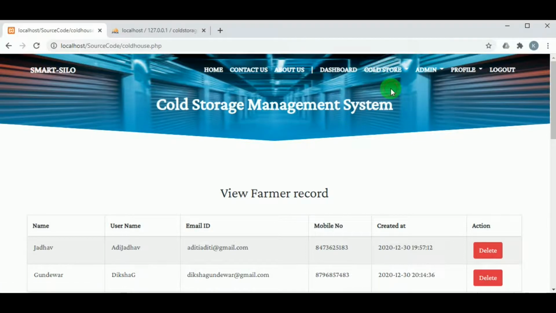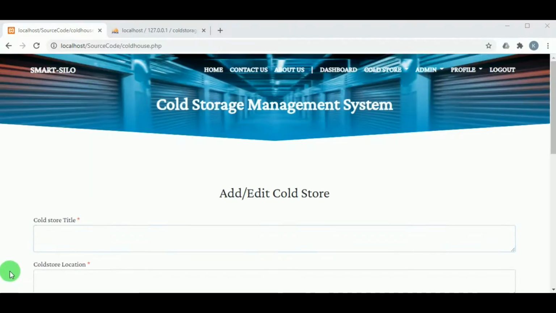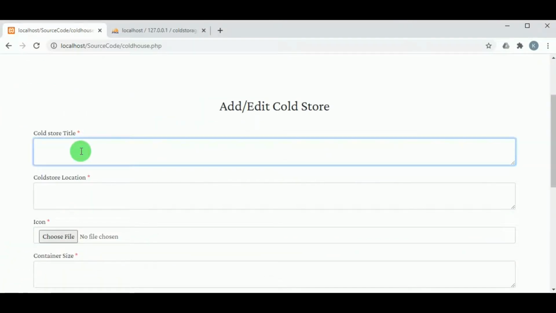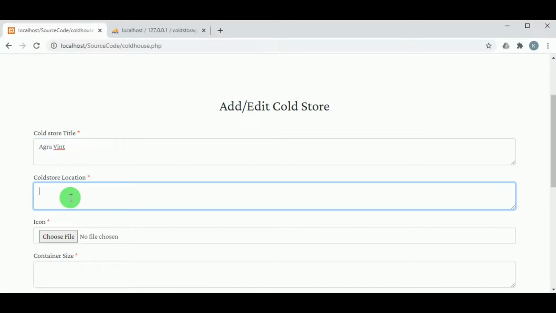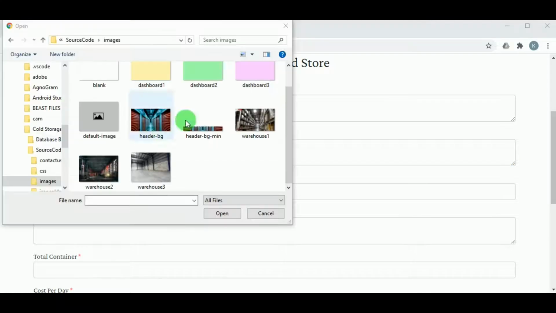In add new cold store, the admin can add the various cold storage locations along with its title. So here the admin will have cold storage locations in different places, and he can mention the details of those different locations with the